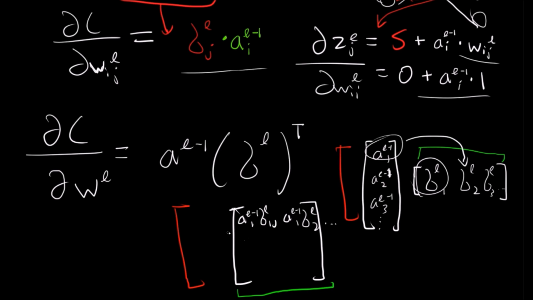So really, this first row here, which is going to be ij, W11 is going to be a^{L-1}_1 times δ^L_1, which is exactly what we would see in our formula here. But you might be saying, well, that could be a simple mix-up because the j and i are equal here. So let's calculate